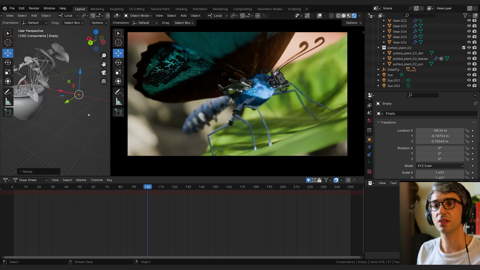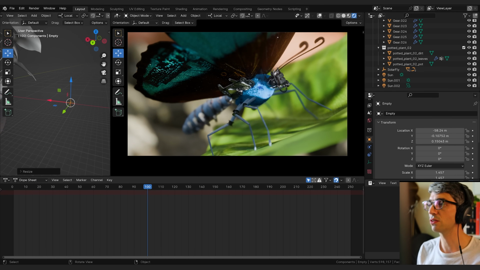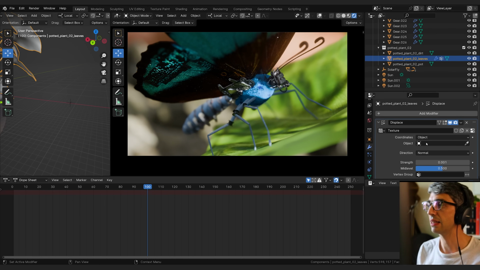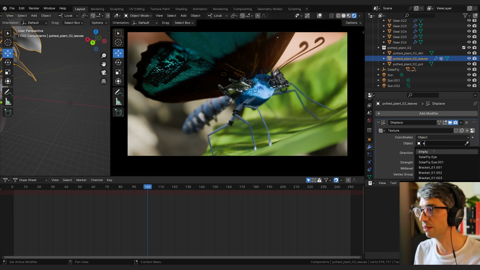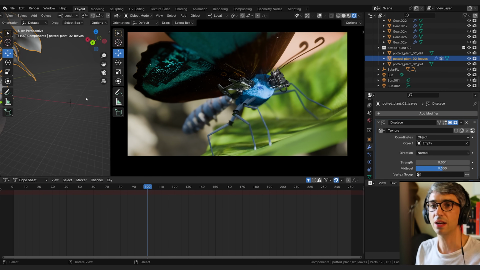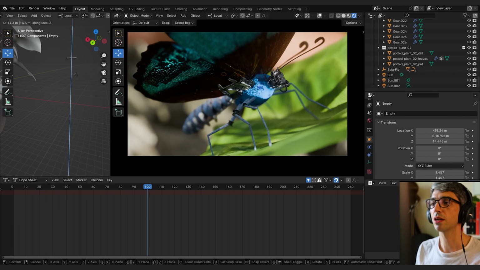All right, so this empty right here, we're going to grab this. It's just called empty. So I'm going to come back to my leaf and I will type in empty, and there it is, and I'll select the empty here. Now, if you watch, wherever we move this, if I grab Z and move it up, it's going to cause